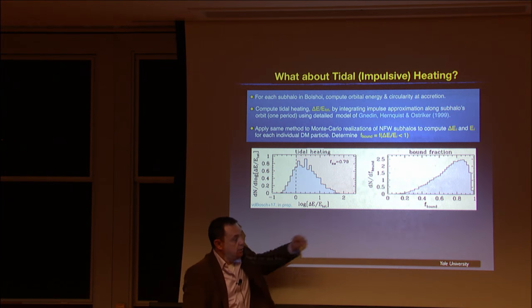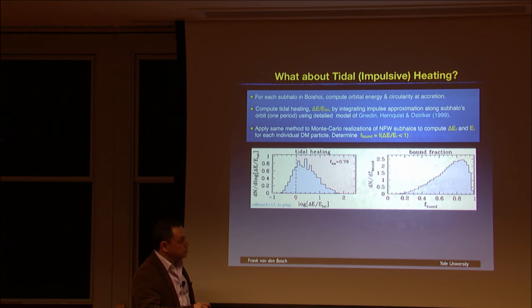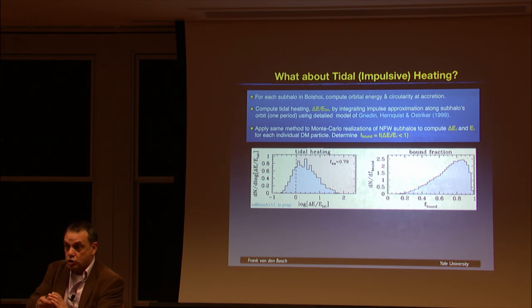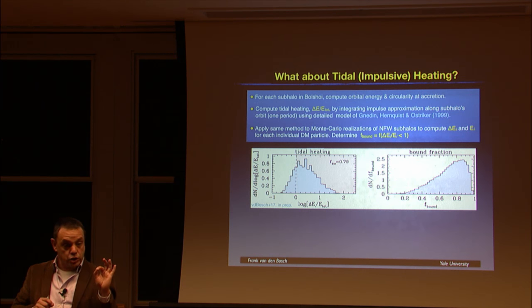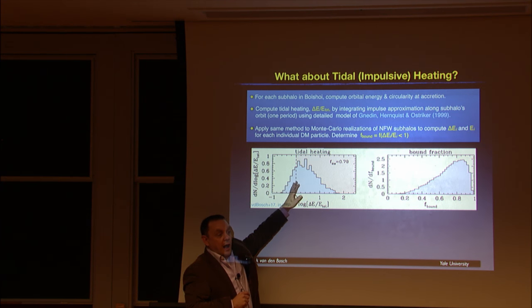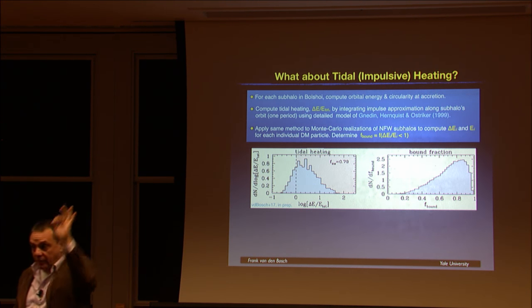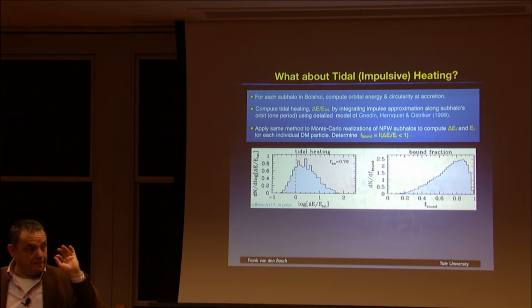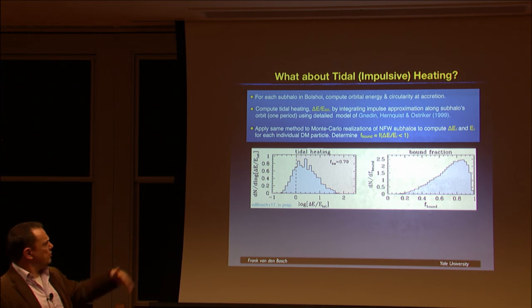This is the distribution you get. This is in the log of delta E over E tot. Okay. This is 0, so that corresponds to 1. So if you're in this red zone here, it means that the energy that is pumped into the subhalo, just due to one pericentric passage shock, is larger than the binding energy of the subhalo. And what many people do is they say, that means that's disruption. But that would mean that 80% of all subhalos would disrupt at the first pericentric passage. That's much more than what you see in Bolshoi. It's only a few percent. 80%. That means there would be no substructure.